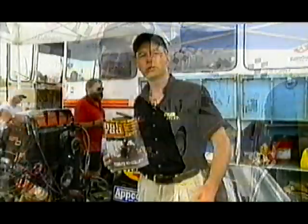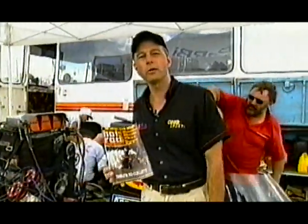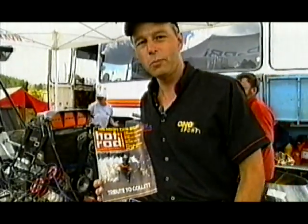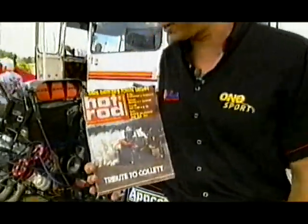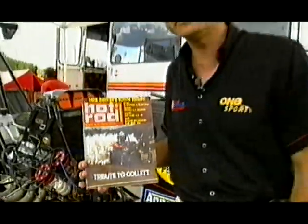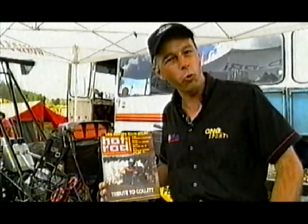They'll mention Garth Hogan. If you live in the South Island, the name is Ron Collett. In drag racing circles in the South Island, there is only one name, that is Ron Collett, particularly around Christchurch with his racing at Ruapuna Park over the years. But Ron hasn't been confined to Ruapuna Park, as you can see here. Ron has had the odd expedition north. This magazine is from 1976, and it's a tribute to Ron Collett, taking out the Nationals right here at Meremere